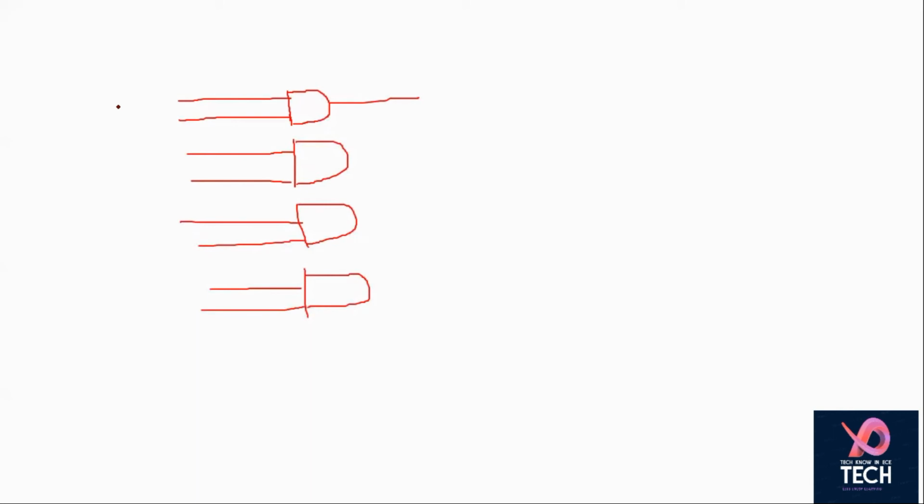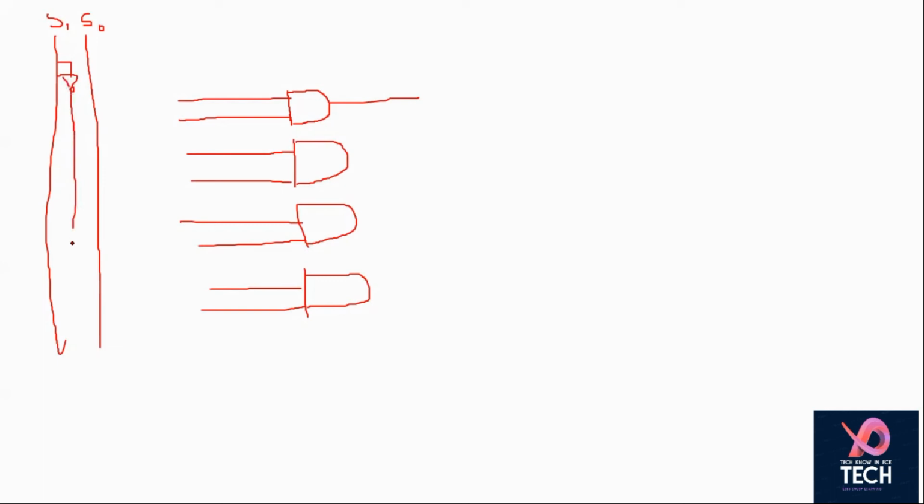So here you can see these are my selection lines. This is one selection line, this is another selection line, S1 and S0. I'm adding an inverter here, so this becomes S1 bar, and this becomes S0 bar.